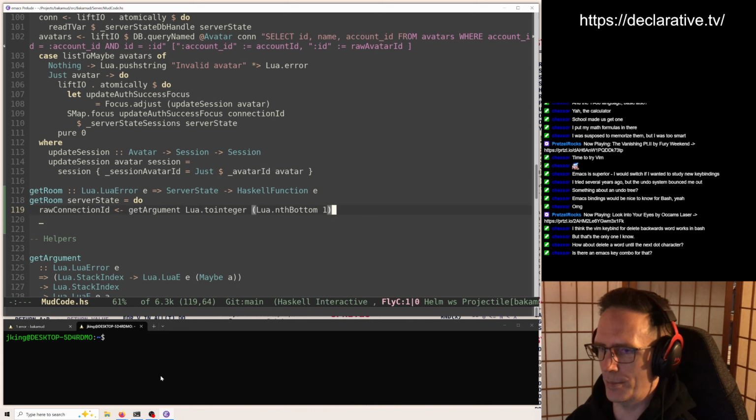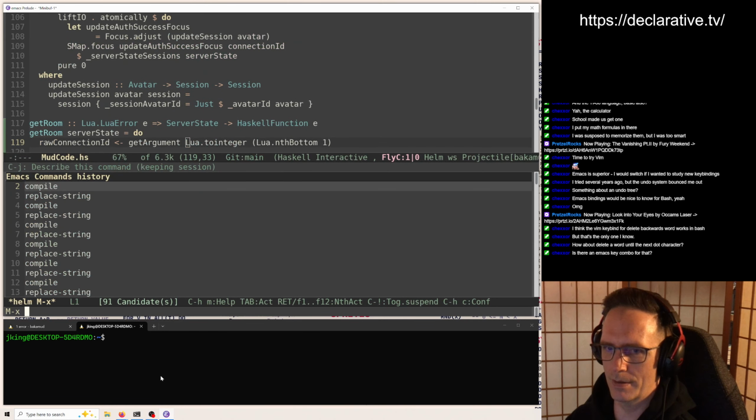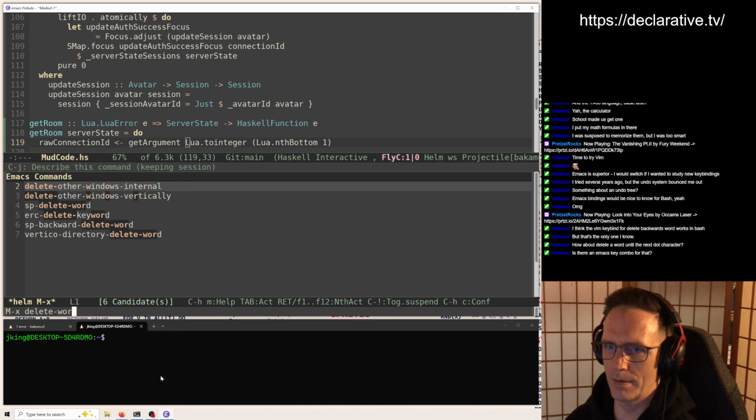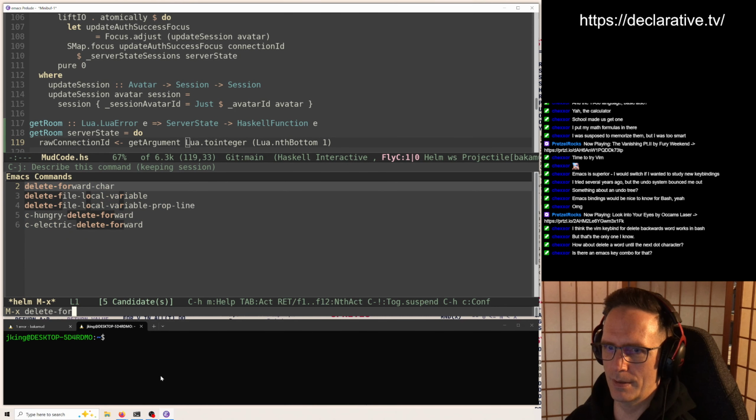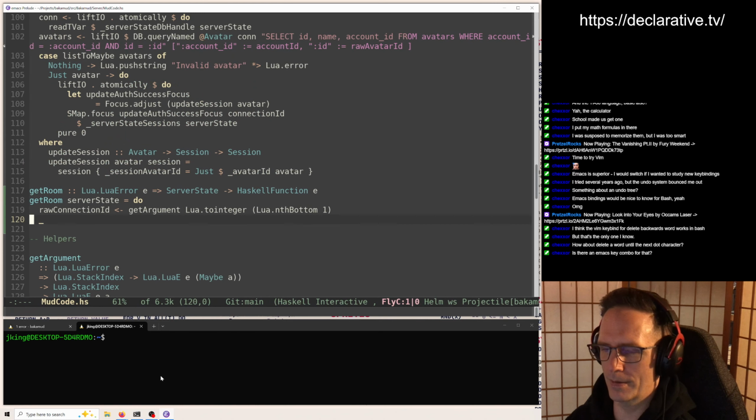Is there an Emacs key binding combo for that? Maybe. I probably don't know it. Like, let's delete word. Or forward. Something, I don't know. Maybe. Probably.